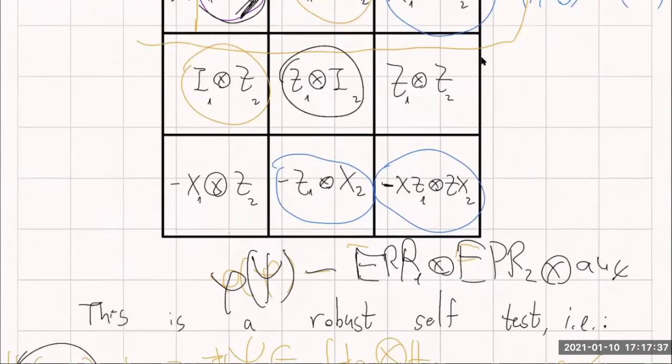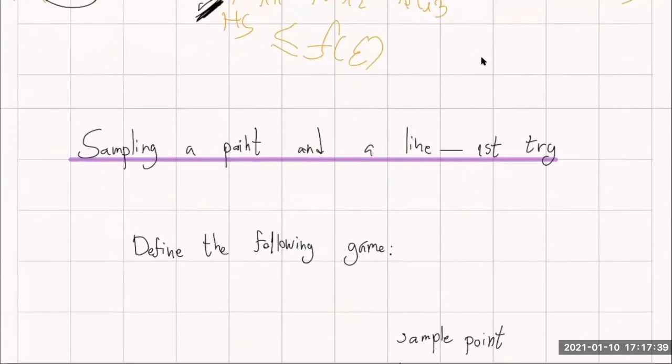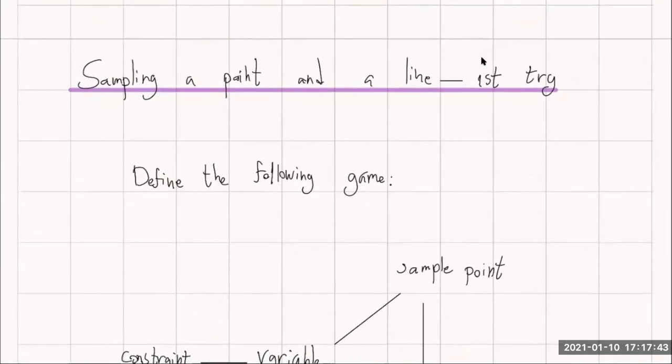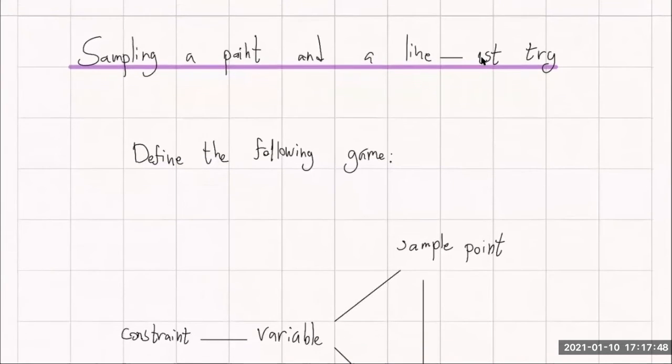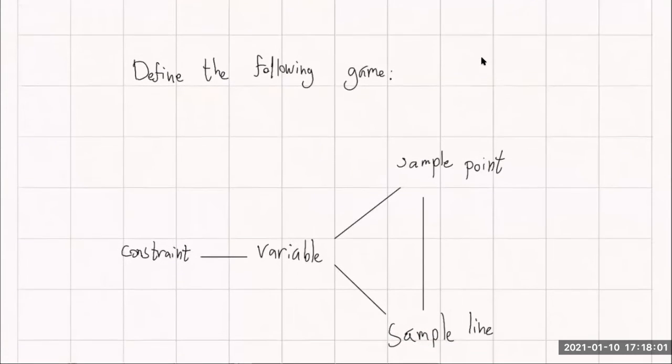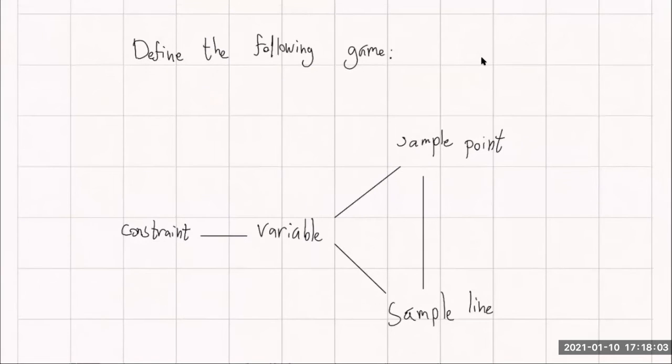Okay, so I want to give you a way. We said that to reduce questions, we need to explain how to sample a point and sample a line. So I'm going to do a first try, which is a bad try. I'm saying a priori that this will not be a good way of sampling a point and a line. But I'm constructing now a game. Using the magic square game, I'm constructing now a game. The game is the following. We play